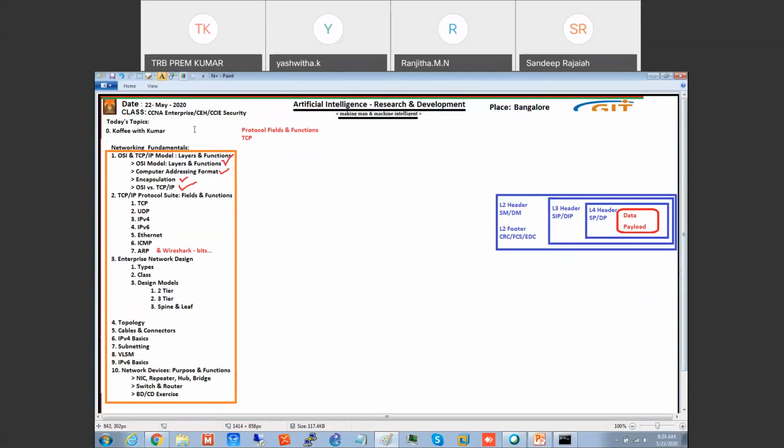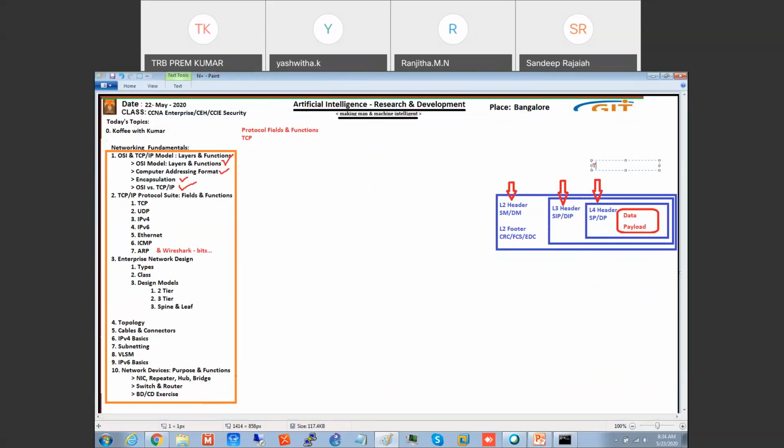Now for L4 protocols, irrespective of any protocol, you have to add a minimum of these 2 fields. This is a mandatory field with respect to any protocol. Now we are going to study: if I add a TCP header, what fields will come?